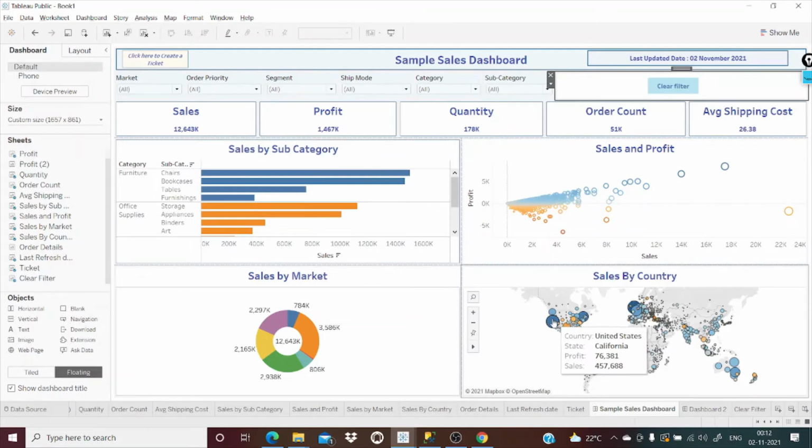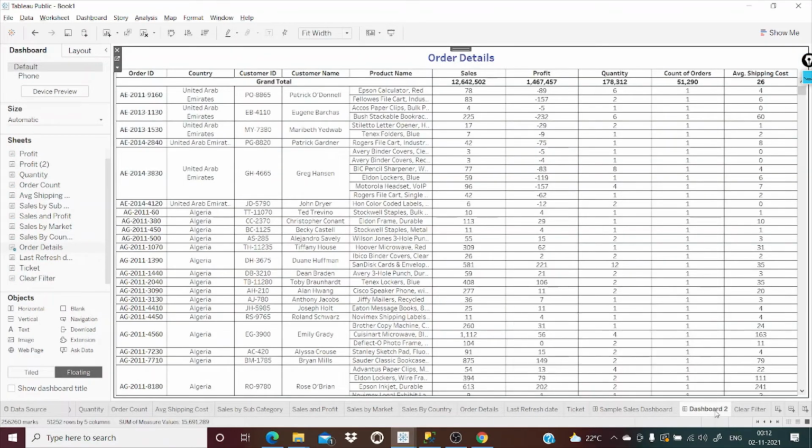Whenever the user clicks on any of the states, it should redirect to the order details page showing only that specific country. Let's rename this first.